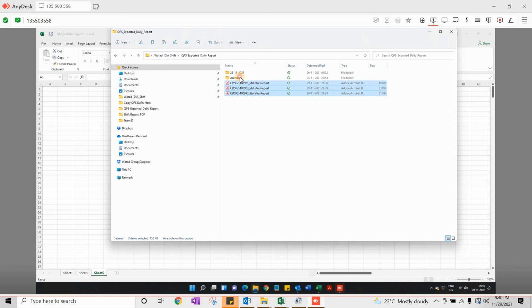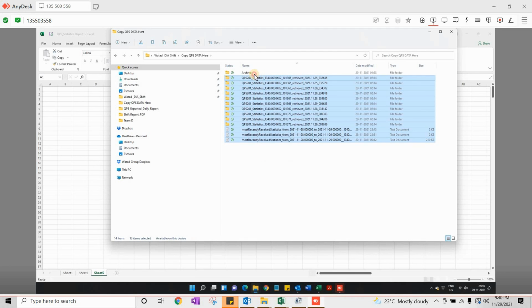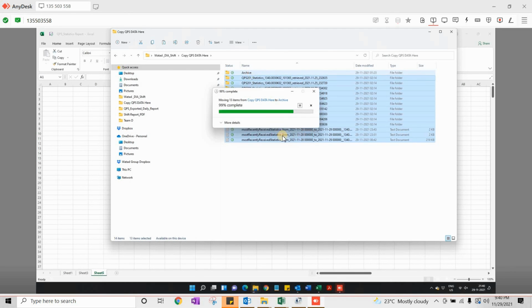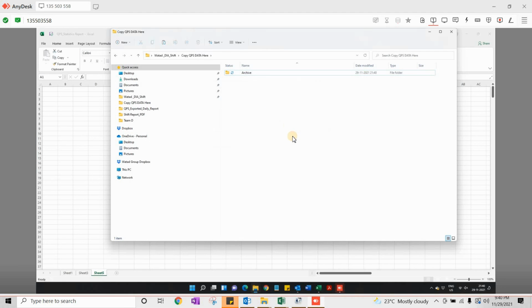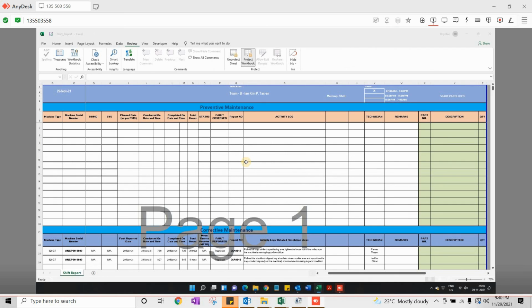Once you are done sending the email, put all these files in the archive folder. All the old files will go in the archive folder. Then also in the copy QPS data, take all these files and put them in the archives folder. And also empty your pen drive before going to take data from QPS, otherwise there will be old data there and it will be a little confusing. Every time you are going to take the data, make sure the pen drive is empty and take the data from all QPS, and then follow the same steps to import the data and then export the data.